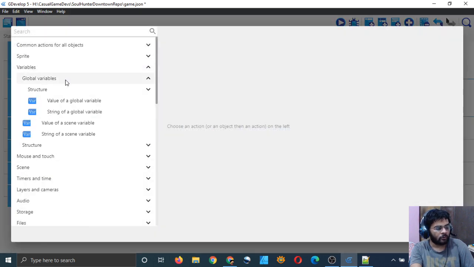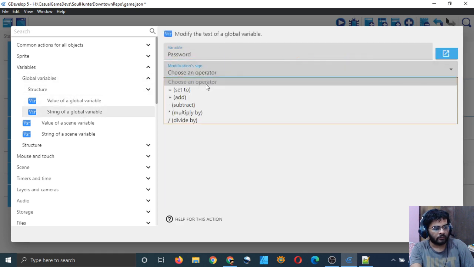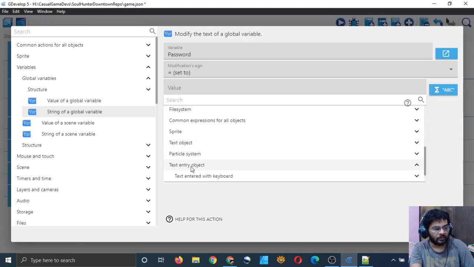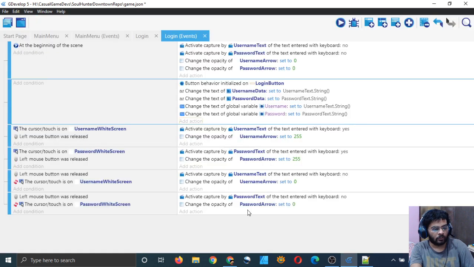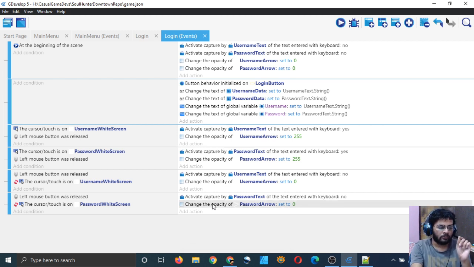Variables, global variables, string of a global variable, and the string is password is equal to, and from ABC we will just see text entry object, text entered with keyboard, and password text apply. Okay, that will now store our username and password, whatever we'll type, inside our global variables username and password.